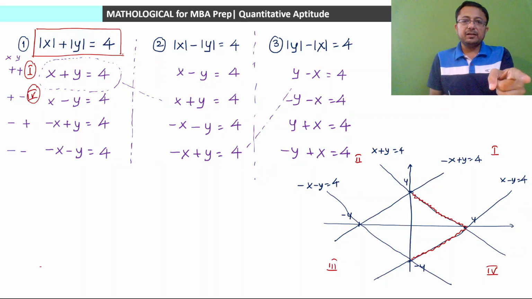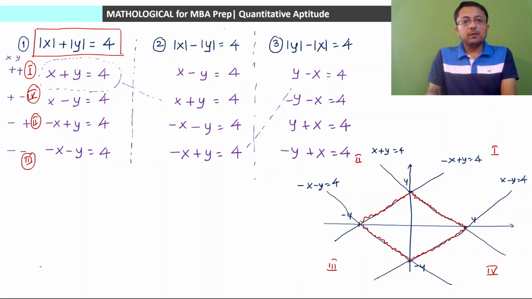Then x negative and y positive, that is the second quadrant. In the second quadrant, minus x plus y equal to 4 will be representing this line. And in the third quadrant, minus x minus y equal to 4 will be representing this. So the rhombus shape is the graph for mod of x plus mod of y equal to 4. Is that much clear? Now the second case